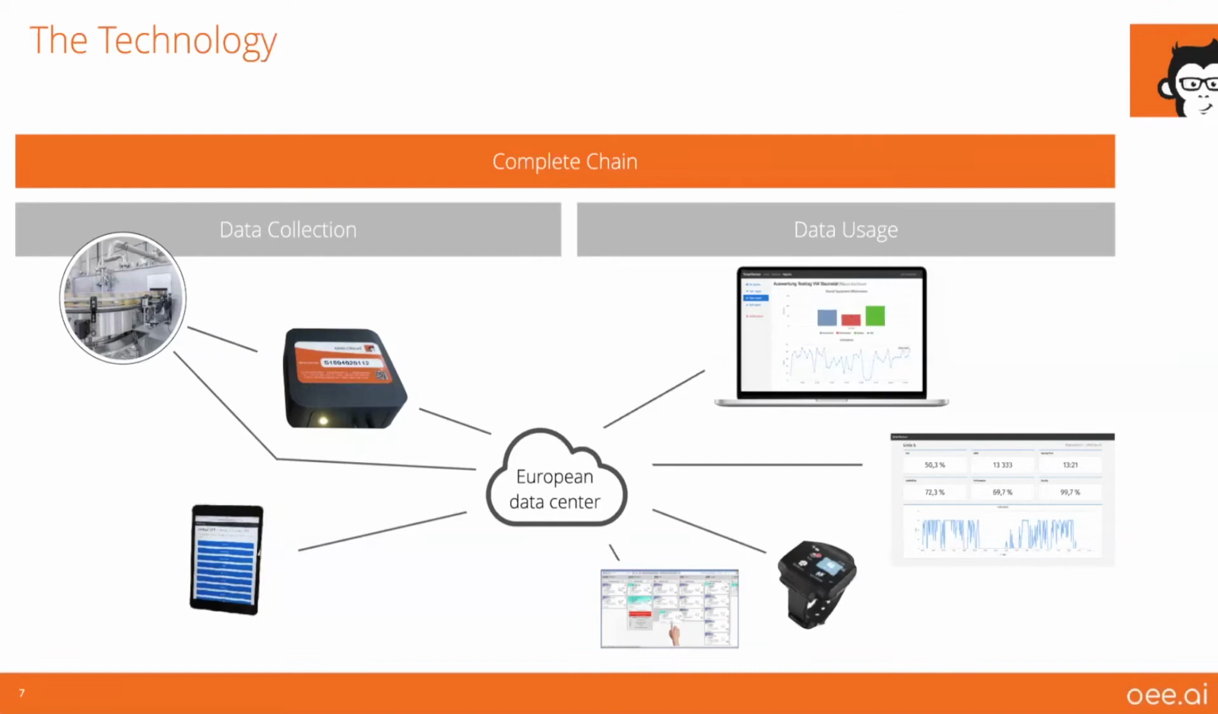On the other side, we have the data usage, where you only need the browser to access the data, which I will show you later on, the reports. You can also have Andon boards, like on a screen on the line. You can use it on the watch to show or call the maintenance guys, or on any kind of digitalized shop floor management boards. That's the technology, and we have the full complete chain from the machine to the user,